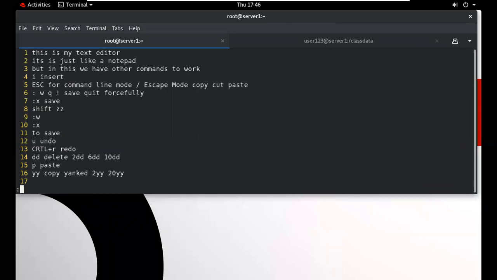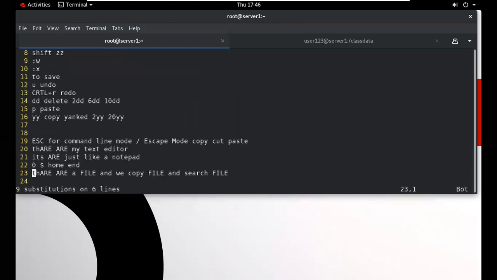S for substitute, search percentile, then S, then type "is". In the place of "is", I want to type R in a capital letter, then G for globally.